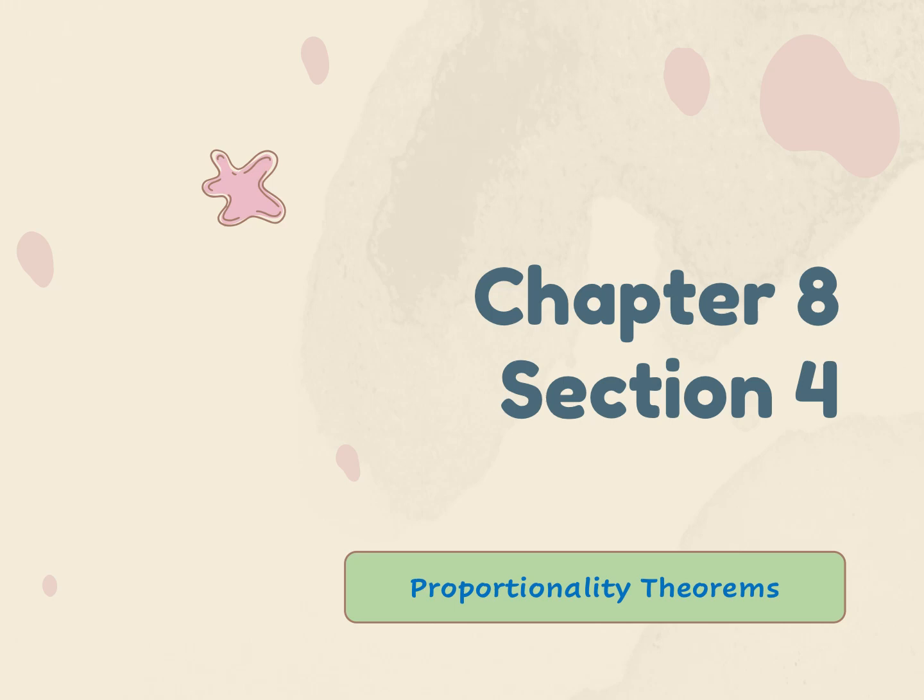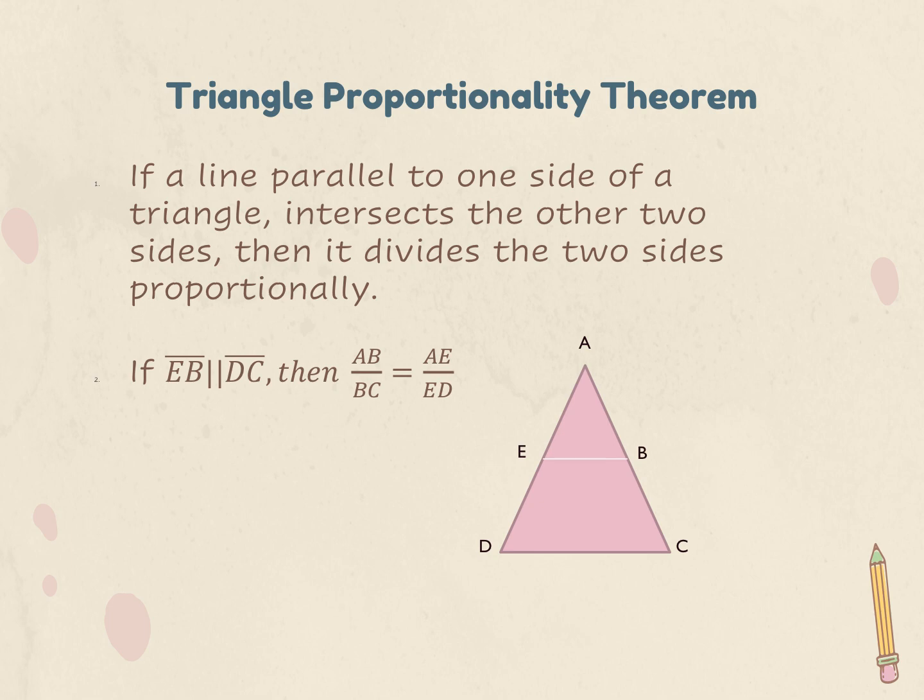So today we're going to cover Chapter 8, Section 4, and we're going to cover proportionality theorems. We're still talking similar triangles, but now we're going to talk about some specific proportionality theorems. The first one is called the triangle proportionality theorem, and this one states that if a line parallel to